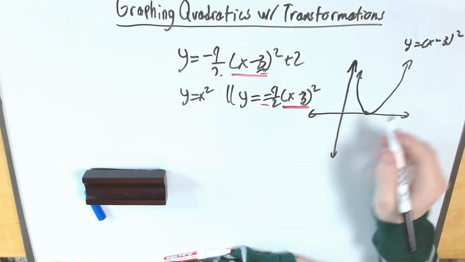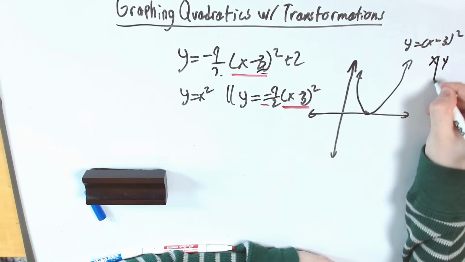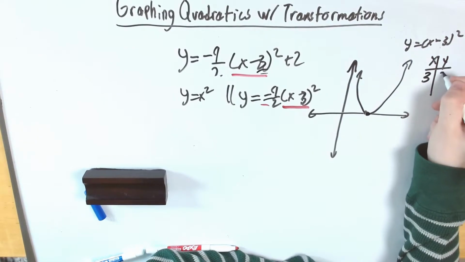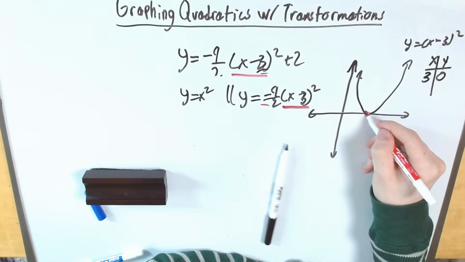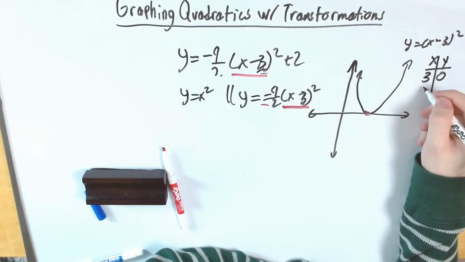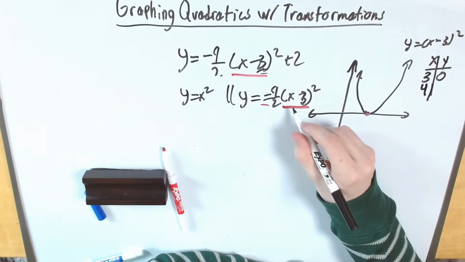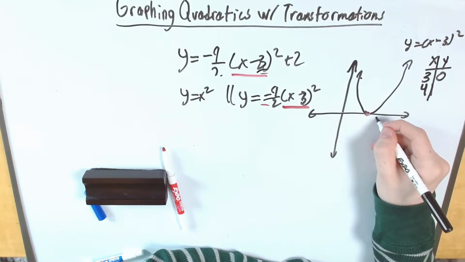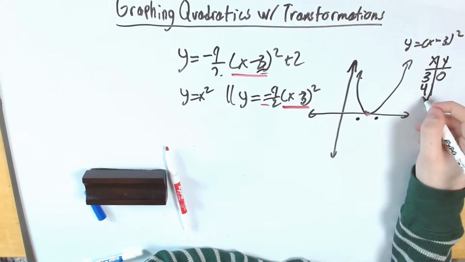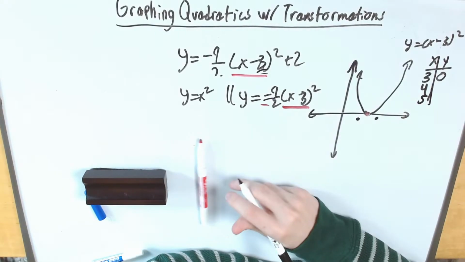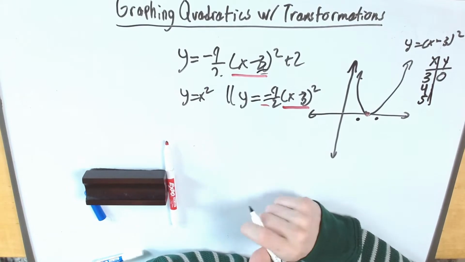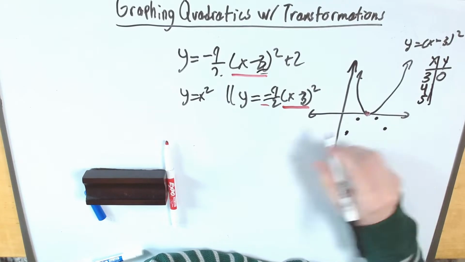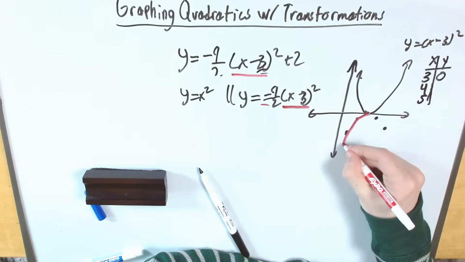I want to plot points for this just to be sure. So let's say I'm at 3. I still get 0. If I plug in 4, I get 4 minus 3 is 1 times negative 1/2. That's just negative 1/2. 5 minus 3 is 2. 2 squared is 4. Times negative 1/2 is negative 2. If I were to graph this out,